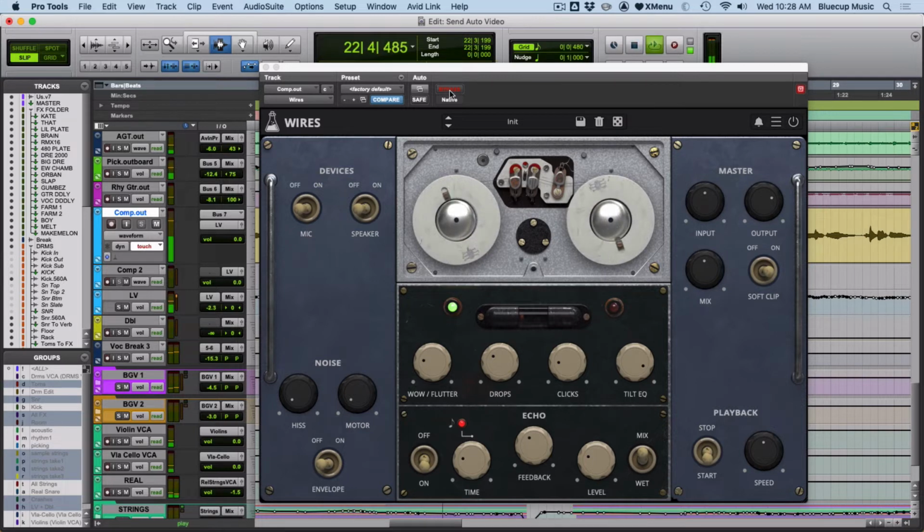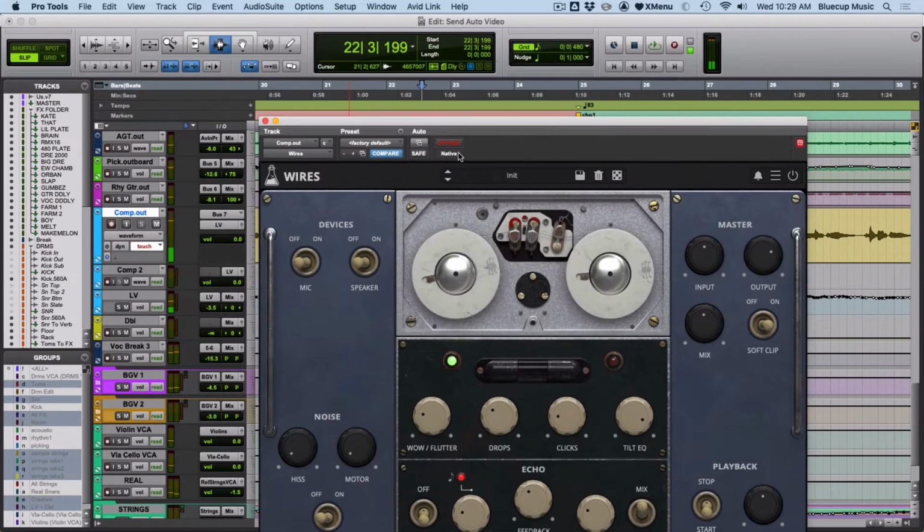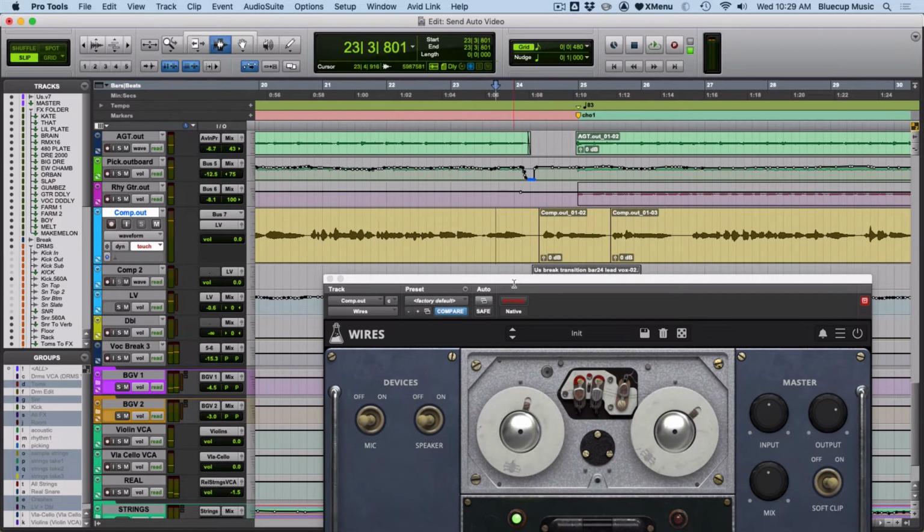Cool, I got that right the first try. And if I play back, I should see that bypass. Excellent. Now, if I wanted to edit that, I could go over here into my comp track and change my